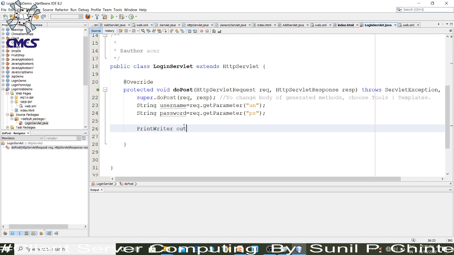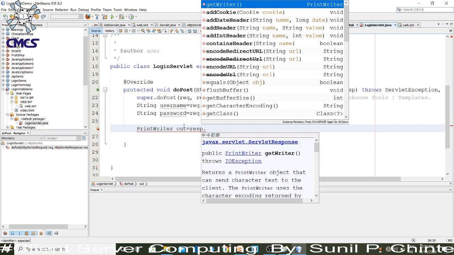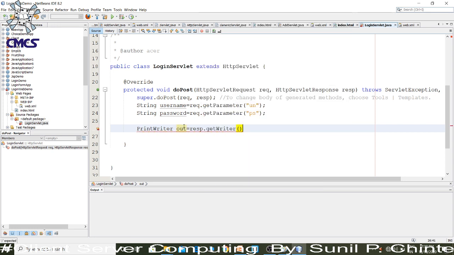That is the out, by using response.getWriter method. By using the getWriter method, it will return the object of the PrintWriter class.